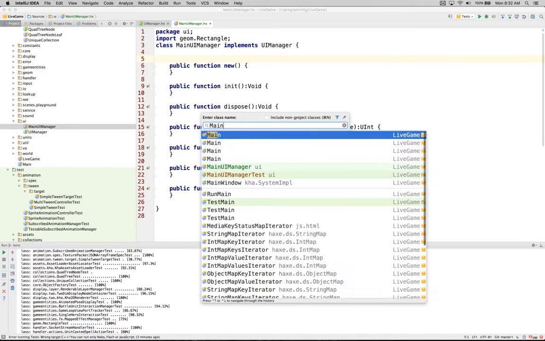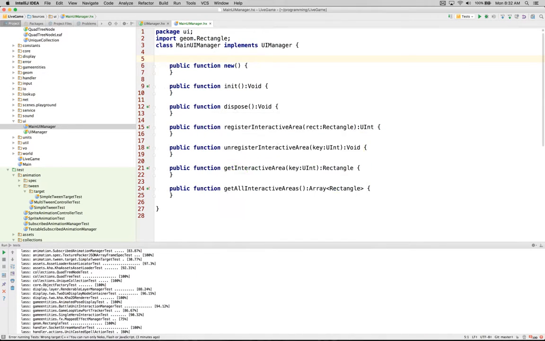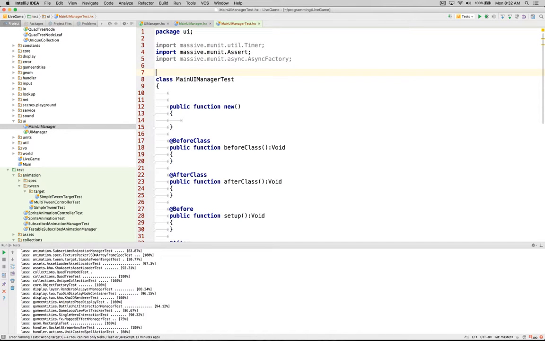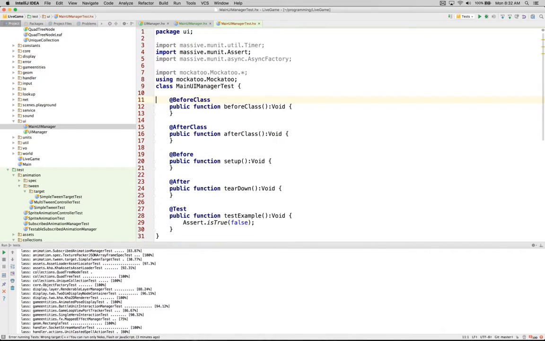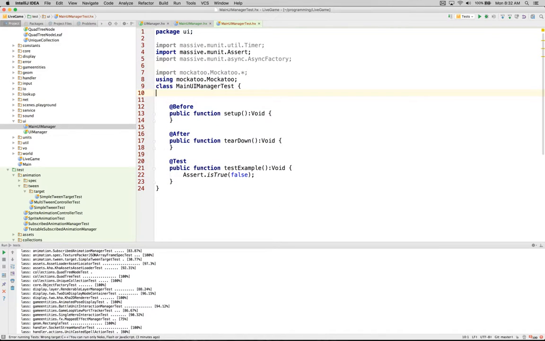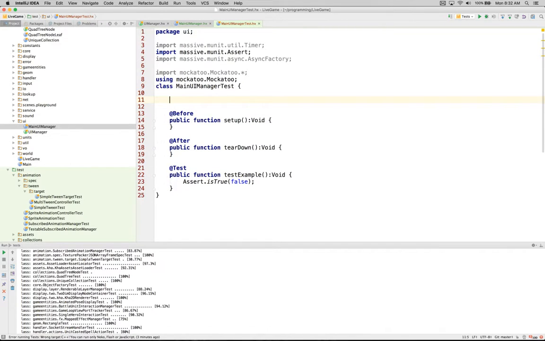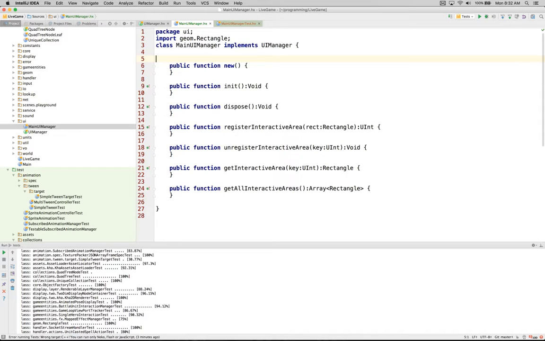Okay, main UI manager test, and our same old business here, mock. Get rid of these things. And what we're going to do is we're going to